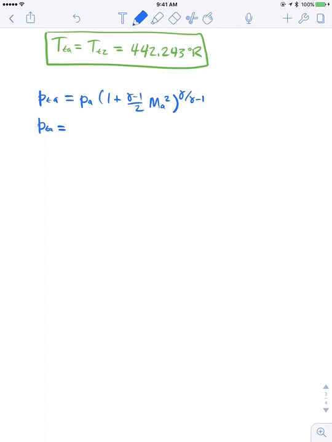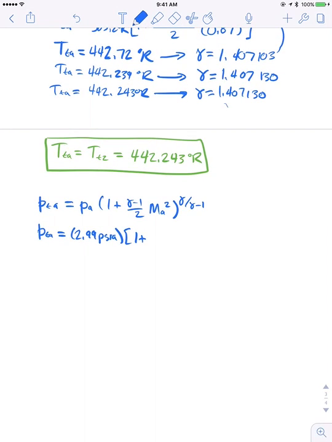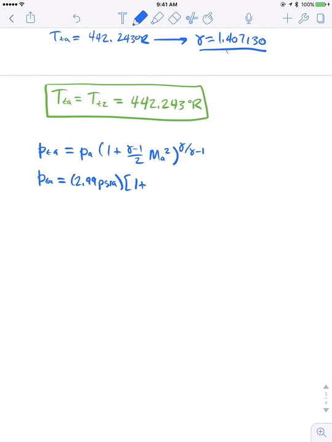So we can say that our total pressure is going to be equal to 2.99 psia times the 1 plus, and now we have to pull in our gamma, 1.407130 minus 1 over 2, and times our Mach number, which was 0.87 squared, and of course all of this to the gamma over gamma minus 1, with gamma of 1.407130. So if we evaluate that out, we'll get an ambient total pressure of